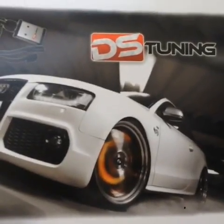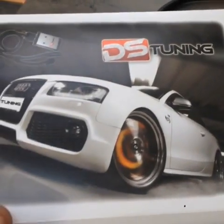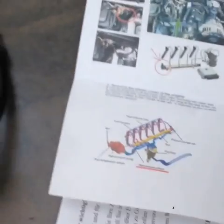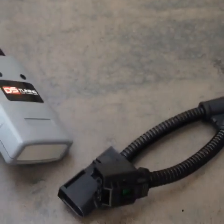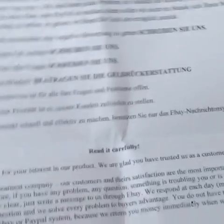Okay, so this is a short video about the DS tuning box that I bought off eBay for my 2008 Audi A4 2 litre TDI. I've opened the box and this is what I've got in it. I've got obviously the tuning box, the associated plugs, the instructions on how to fit it to the vehicle, a lot of do's and don'ts, and just out of curiosity I thought I would